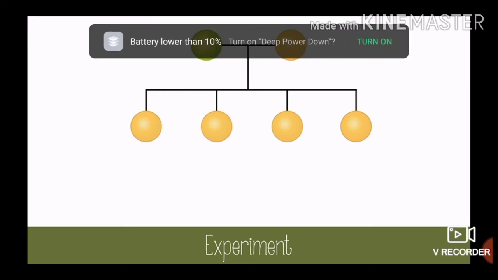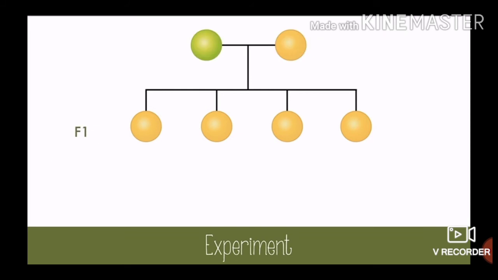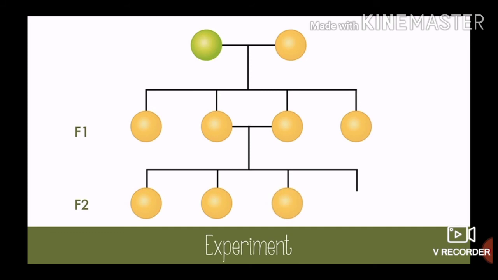To explore this further, he took 2 peas from the first filial, or F1 generation, that was just made, and he bred them together. Yes, this is inbreeding, but they're peas, so no one seems to mind. When the second filial generation arrived, F2, 75% of the peas were yellow, but 25% were green. The green peas seem to disappear in the F1, but magically reappear in the F2 generation.